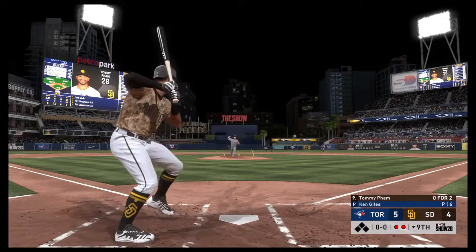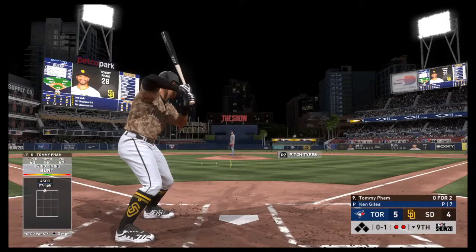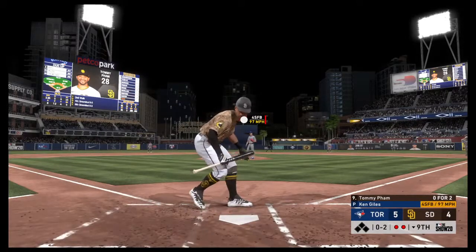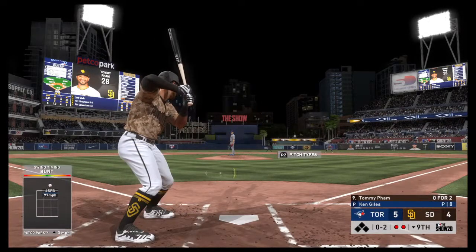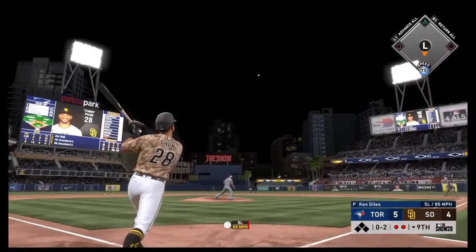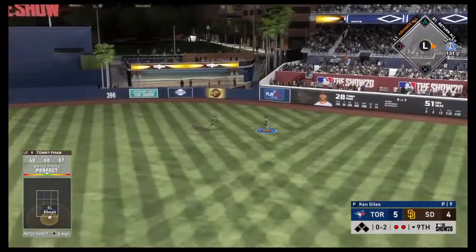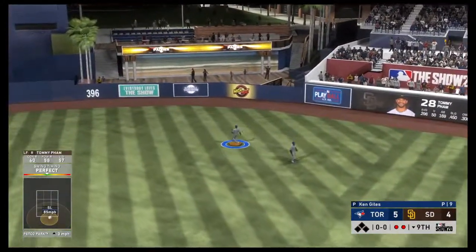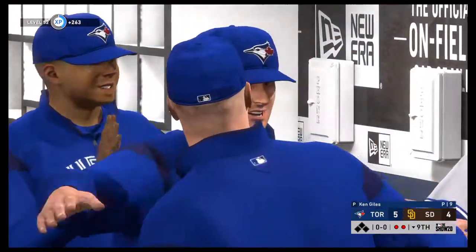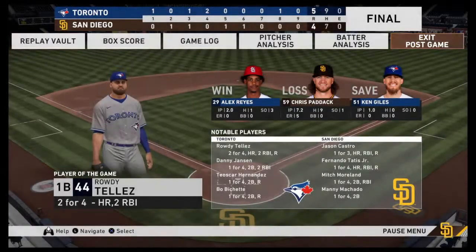Giles sets. First pitch on its way. Trying to lay one down here, but he misses strike 1. Tries to drop one down here, but he misses strike 2. Fans on their feet in a 1-run ball game in the last of the ninth. And now here's a ball hit pretty well out toward right center field. Maben is there to make the catch, and with that, the ball game is over. Yeah, there's got to be some weight lifted off a bunch of shoulders in that clubhouse tonight. They finally break that 9-game